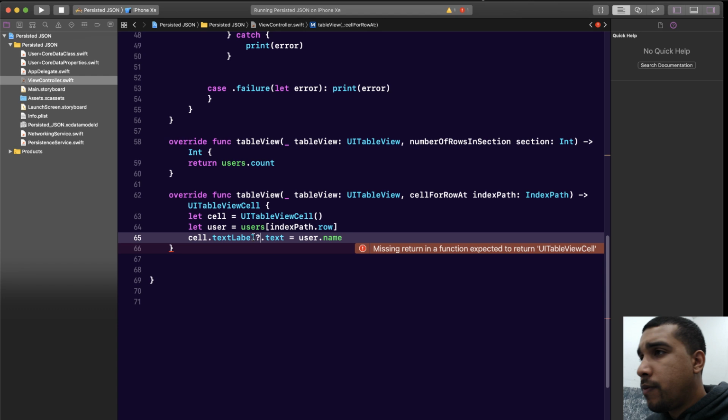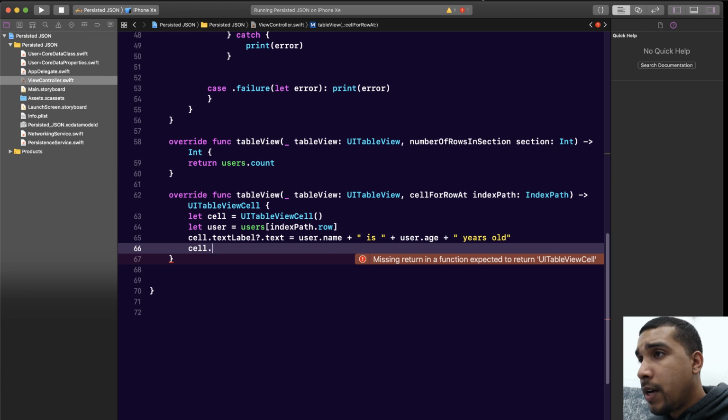Flies, man. And we'll say is user dot age years old, cell dot details